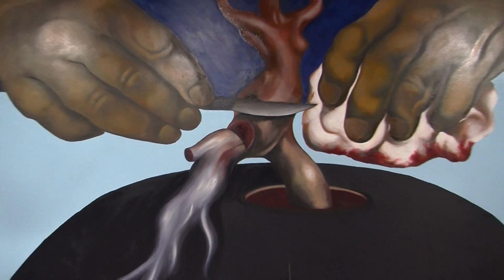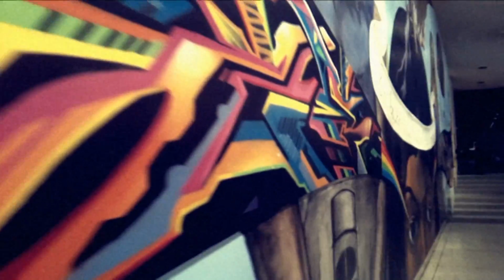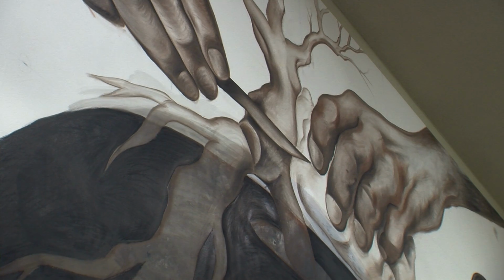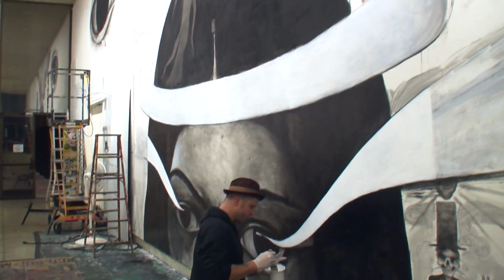Sake's ability to mix traditional and street art also led him to a design appropriate for a museum setting, but without sacrificing his graffiti style. I wanted the Hands of Dr. Moore by Diego Rivera to be like the hands of God. Like Diego is kind of the creator of almost the mural movement, and this woman's head is almost like the